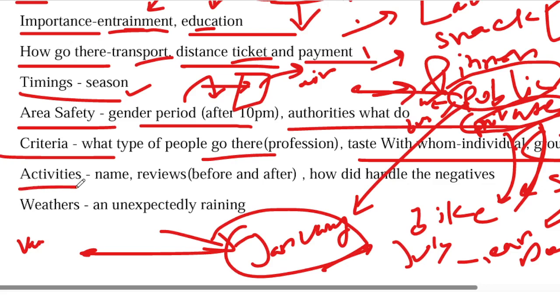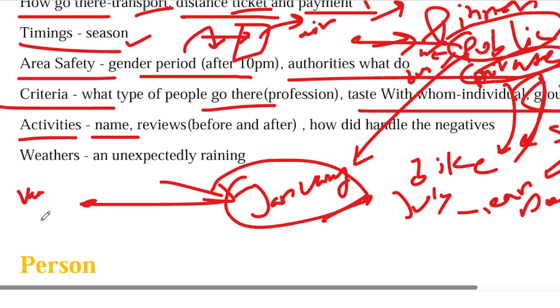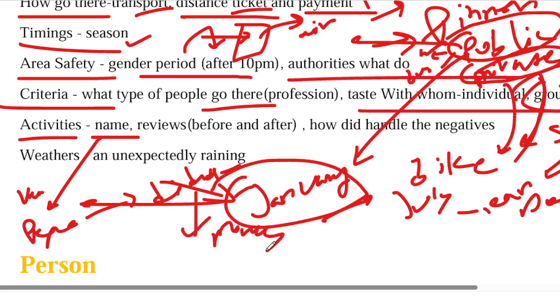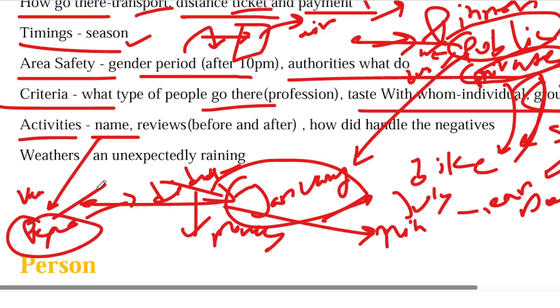And then activities. What kind of things can you do there? You name it. See, we don't do all types of activities. Say you went to a place and you don't really cover all the activities out there. Some activities maybe you performed, some activities you didn't. There can be a reason. You also describe the reason why you didn't join. Maybe you didn't have the money, or maybe it was super thrilling and you're scared of it. So describe that, and also describe what type of activities you have joined or performed or participated in, and what types of fun you got out there.